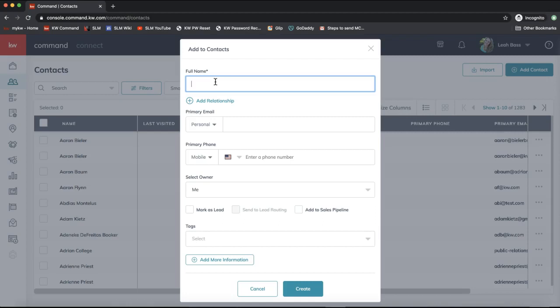All right, so for full name here, let's do, I think, Albus Dumbledore will buy a house today. For any Harry Potter fans. And for the primary email, if you're setting up a test contact, I would go ahead and put in a personal email address that you have, one that's outside of the KW technology. So again, you can see what it looks like when your clients would receive emails or any of these tools from the system. So any name you want,